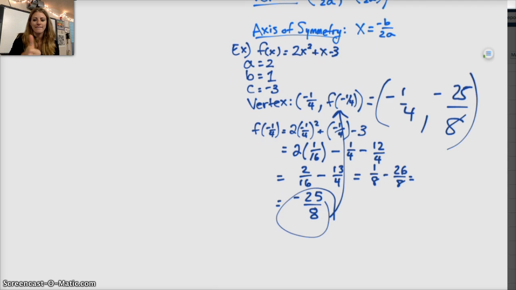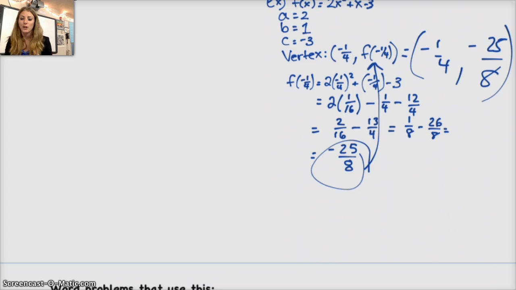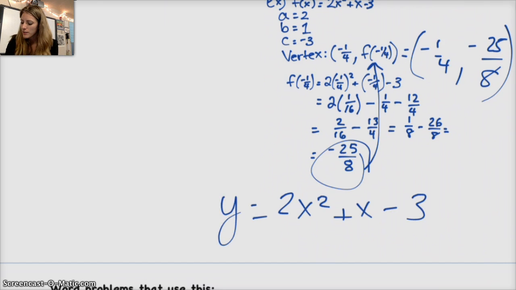Okay? Now in this case, we also want to know, is this a max or a min? Because that'll be useful for word problems, right? Where they ask you to find the maximum velocity of blah, blah, blah, right? So the way you determine that is that you have this function, 2x squared plus x minus 3. And this number out front, that 2, if it's positive, if a is greater than 0,